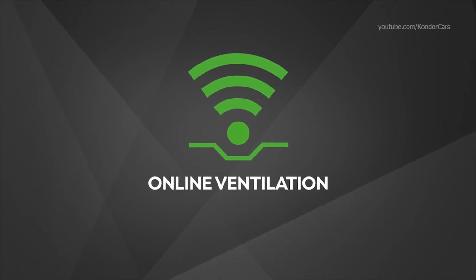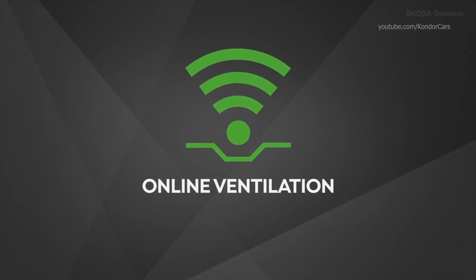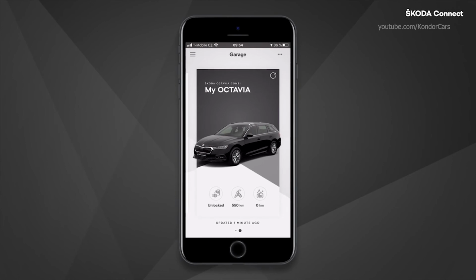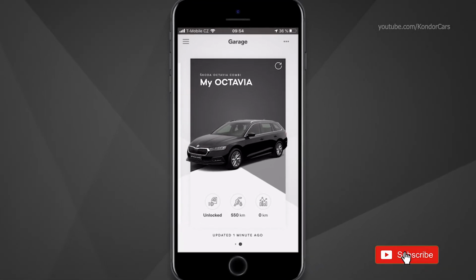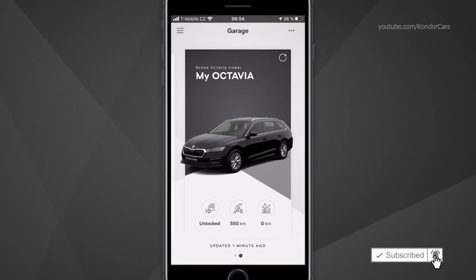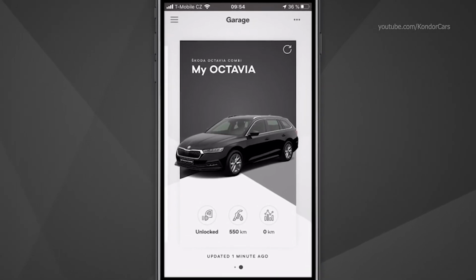Online ventilation. With online ventilation, you can ventilate your vehicle for a predefined time of 10 minutes, which can be particularly useful